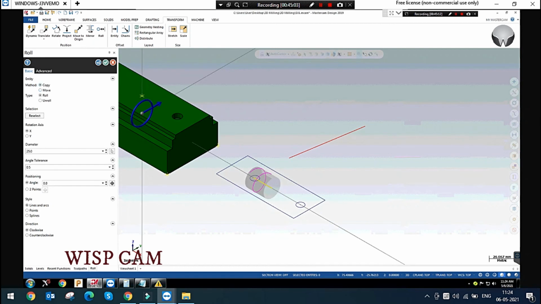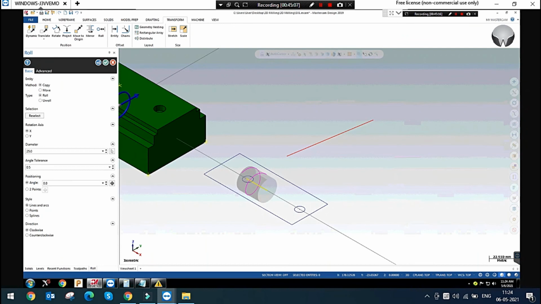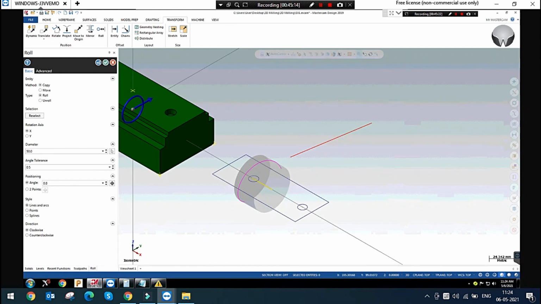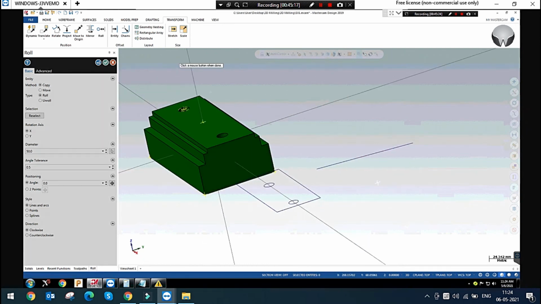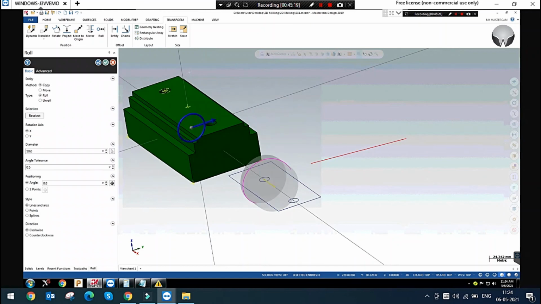You can see this is the roll option. The line has been rolled to the particular diameter. I am just giving the diameter. You can see the line has been rolled as a circular motion to this diameter.